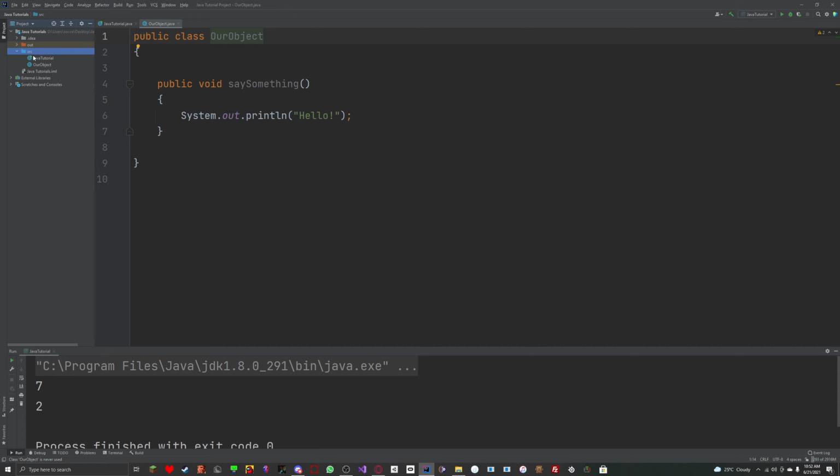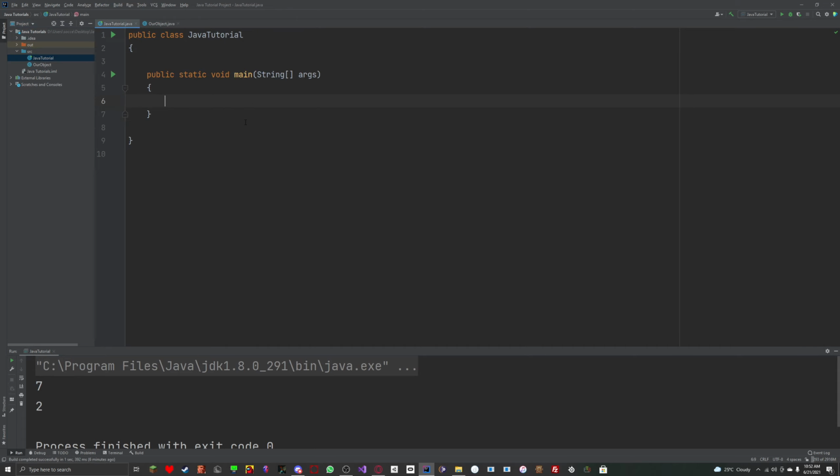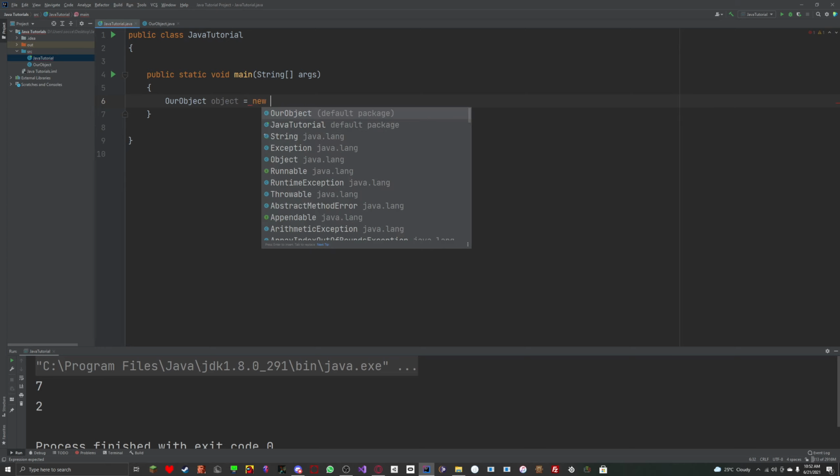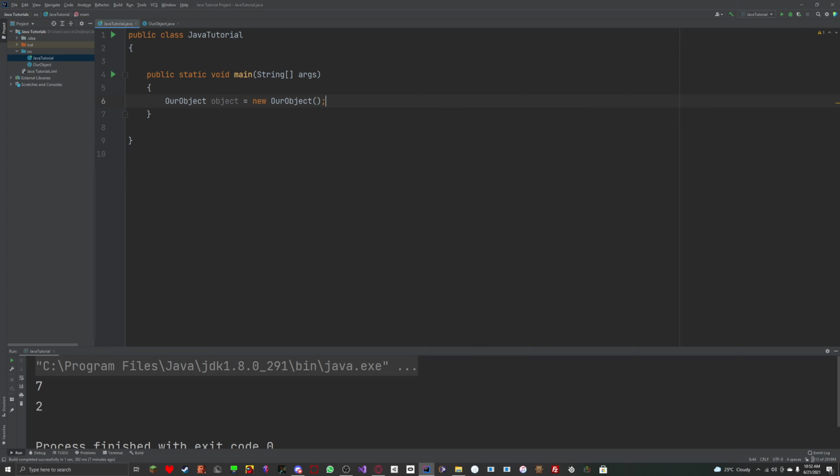So to create one, just go into our Java tutorial class. We can just say our object, and now we put in the name of this object, so we can just call this object, and then we set this equal to a new our object, and there we go. We've just created a version of our object. Now we can call object dot say something, and now when we run this,